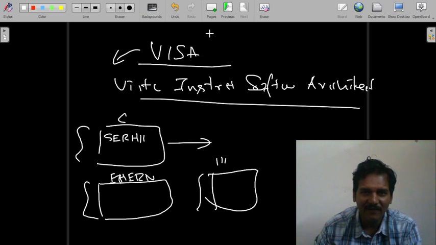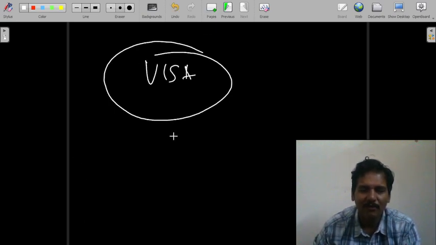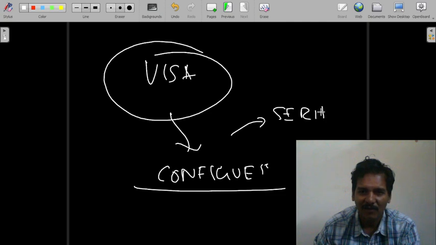But in VISA, advantageously, we don't need to worry about what the mode of communication is, because VISA will take care of the communication aspect. Whether it is serial communication, GPIB, or Ethernet, it is going to take care. But you have to configure the VISA correctly. If you know how to configure VISA, then it is independent of the kind of communication. So the same program that I'm going to show you now will work for serial, GPIB, and Ethernet,